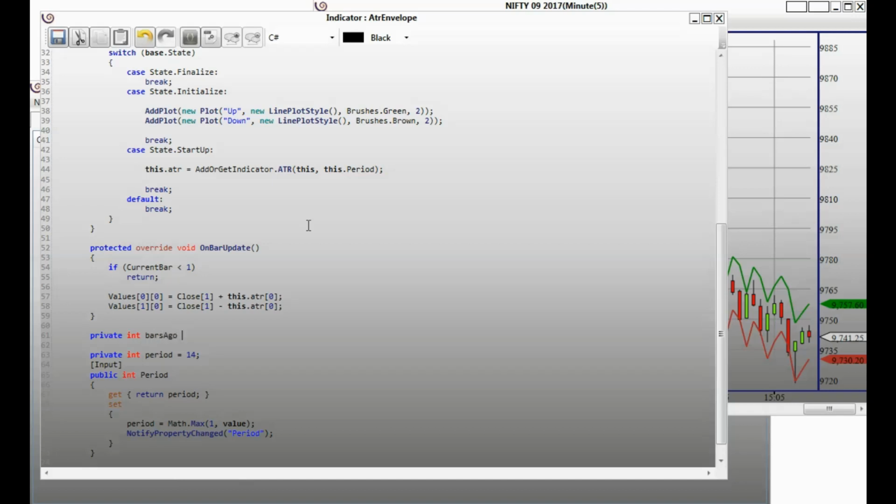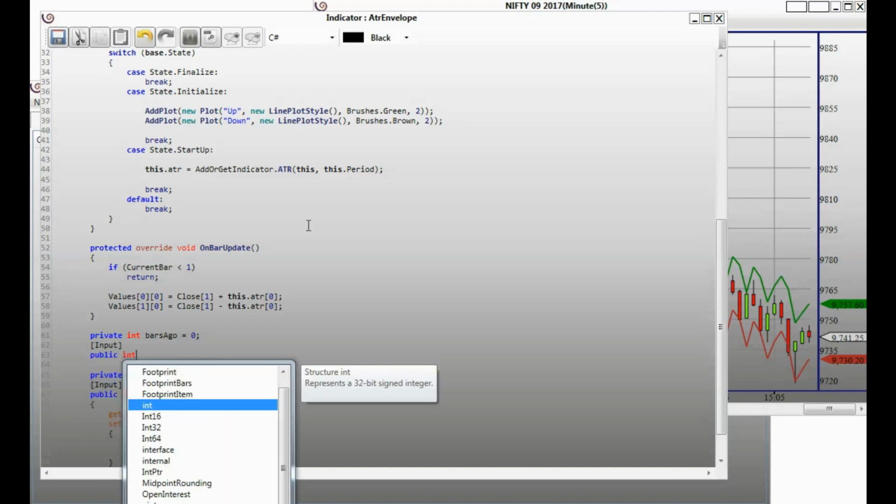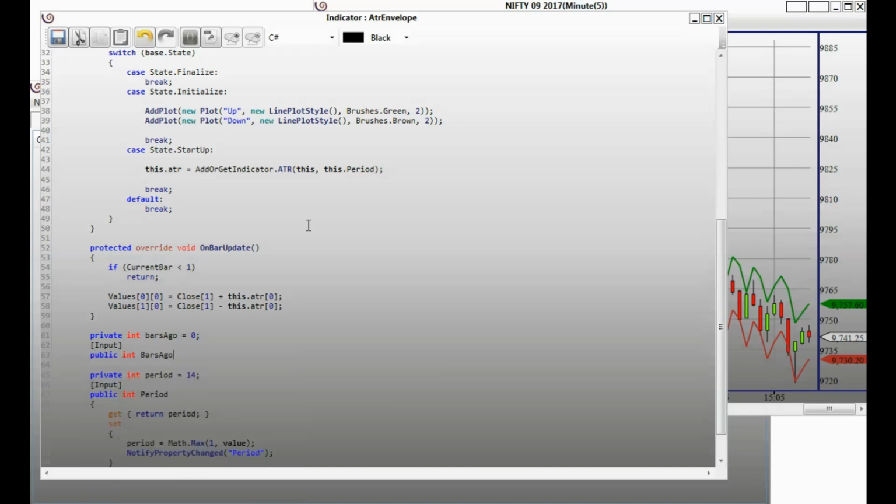Barsago equal to, the default value will be 0, that is the current bar, and this is also an input, so we will define the input attribute, and public int barsago